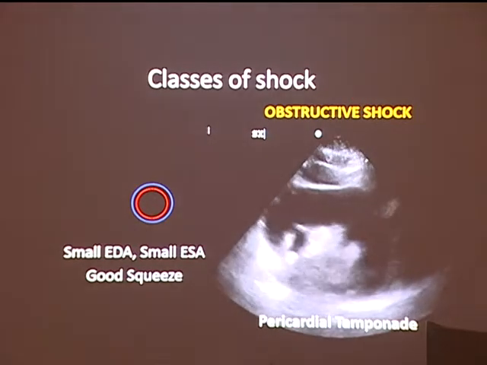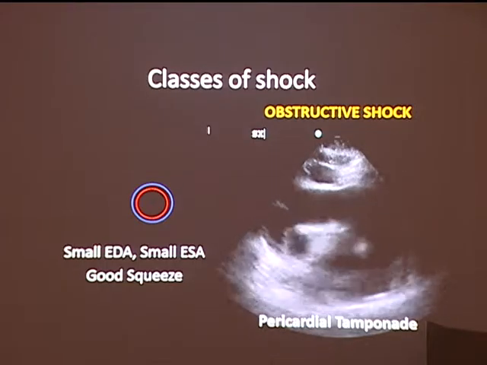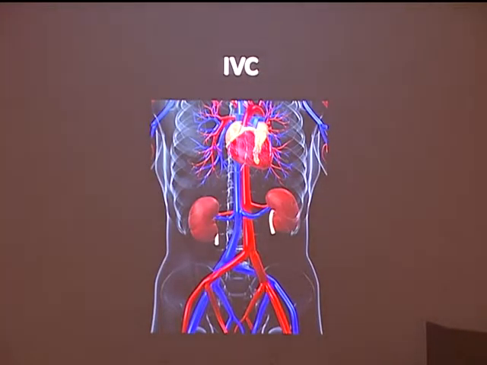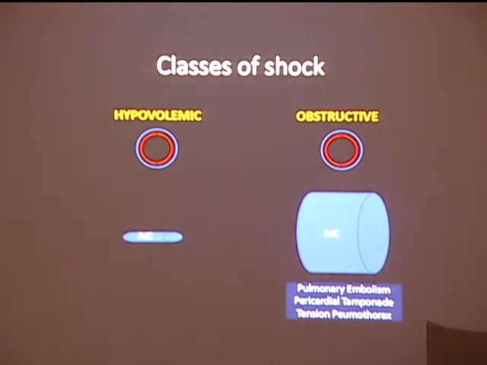Okay, now take a look at this one. If I were to try to see the shock axis view of this patient's heart, I will hardly be able to make out any LV at all, right? So the important thing is this. If you have a small heart squeezing well, quickly take a look at the patient's IBC. If the patient's IBC is flat, this patient is hypovolemic. But if the patient is obstructed, you will expect the IBC to be swollen out like a big balloon, right? Because venous return cannot happen, and therefore your IBC is going to be big.